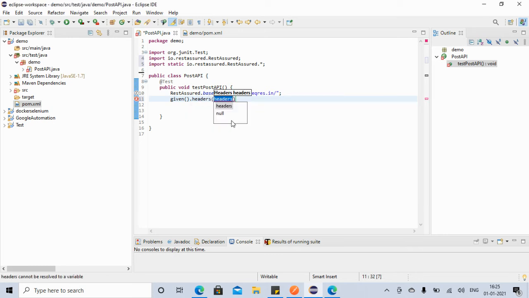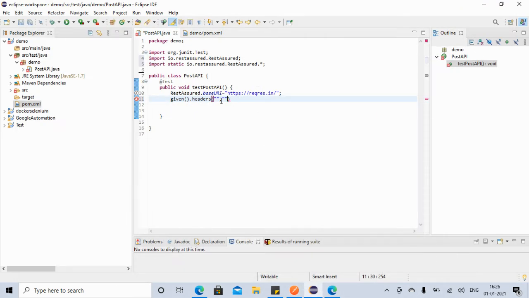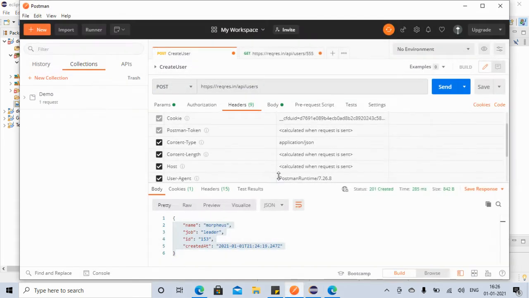We have two parameters to provide here. What is the parameter name? We can copy it from here. You can provide all the headers if you want, but since we are just practicing, I will provide just one so that we can understand how to provide these headers. So content type, and the content type is application/json.